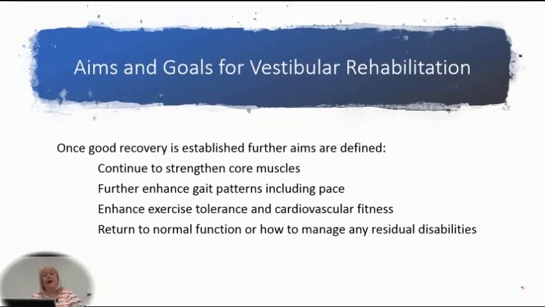So once we have good recovery, then there's still further goals that we have. We have to continue to strengthen the core muscles. We want to enhance the gait pattern, including the pace of the gait. And when I talk about that, what I would like would be for the dog to walk at a normal pace, so not slow, but also if we could get it to not pace like